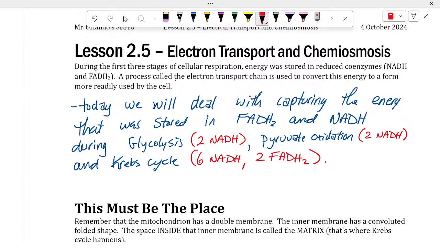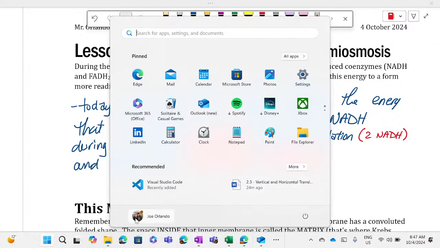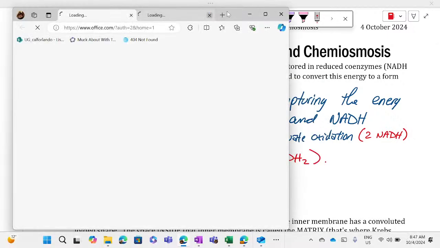But yeah, nicotinamide adenine dinucleotide is the first, not dehydrogenase, see, dinucleotide. And actually, it's worth looking at the structures of these things too. So we'll go to my friend